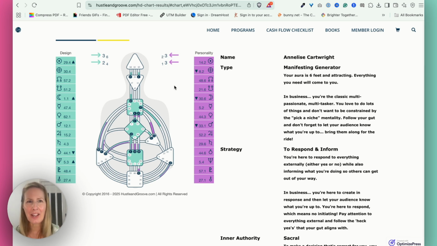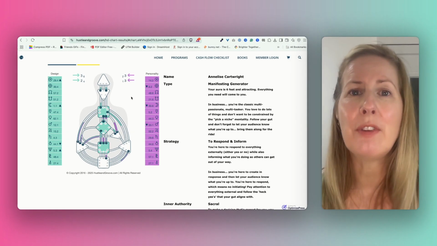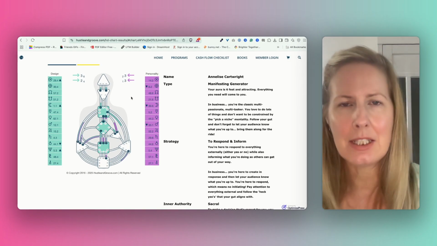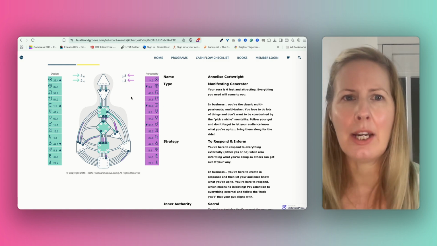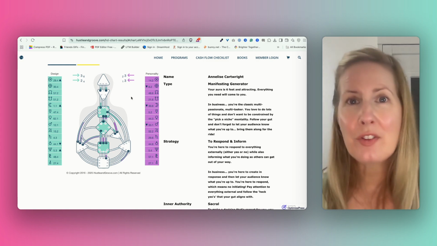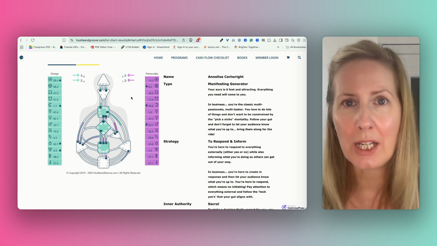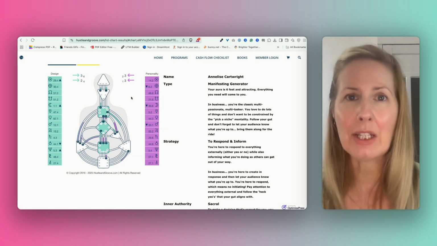Now, here's the thing that I want to say at this point in time. This should not be new to you. As you're going through and looking at your individual gates and you're paying attention to the centers that you have defined and you're learning about those, most of this should feel good to you, should feel familiar. If it doesn't, then that's typically a sign that either your birth date and time are not quite right, so just always double check those, or you've been heavily conditioned.